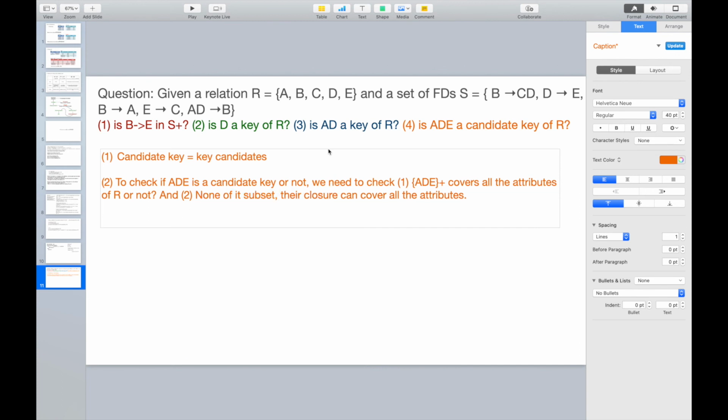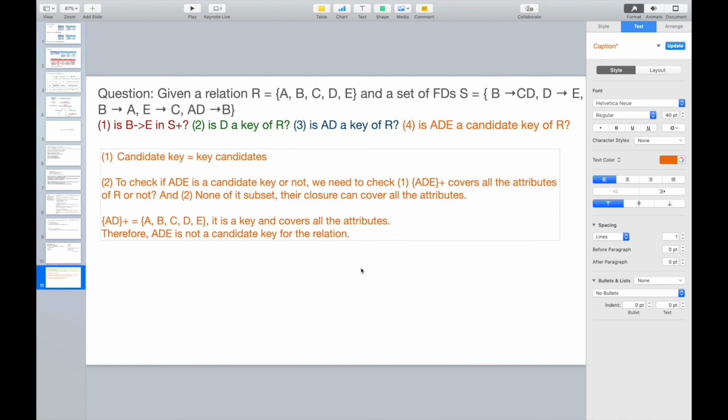According to the problem 3, we know AD closure equals to what? Equals to A, B, C, D, E, right? It is a key, right? So therefore, we find one subset of ADE, which is AD, right? It can serve as a key already. Therefore, we can conclude ADE is not a candidate key because one of its subset is a key already, right? So therefore, it's not a candidate key for the relation,